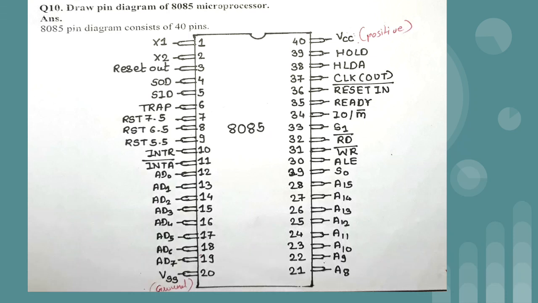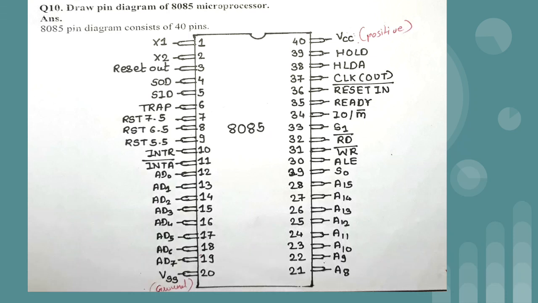First of all, you should remember the diagram. Again, you will have a question to draw the diagram also, for 3 to 4 marks. So you should draw this specific diagram, and in this diagram you should remember all the 40 pins. If you see, on the left hand side we have numbering 1 to 20, and on the right hand side we have numbering 21 to 40, but from the down to top approach. From the downside we start the numbering with 21, which is the continuation of 20.